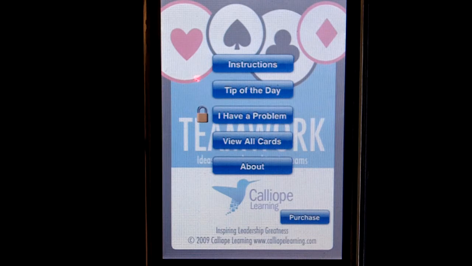It's like having a team leadership toolbox and coach in your pocket. It's a just-in-time mobile learning program that ensures you make the most of team opportunities and challenges. Teamwork Explorer is actually based on a paper-based set of tools that we have developed based on our years of experience working with teams. We like to use the metaphor of a deck of cards to relate to the four